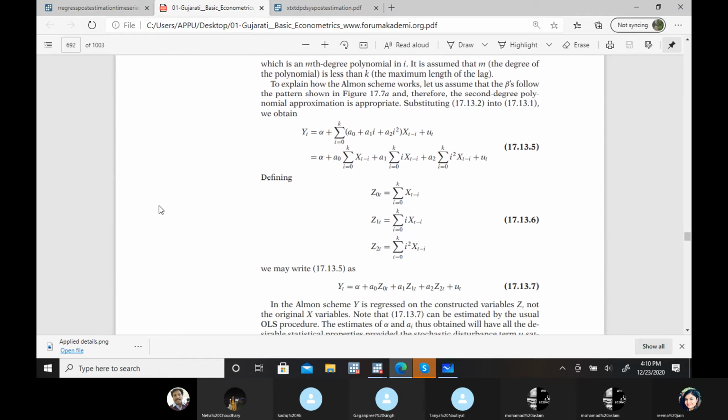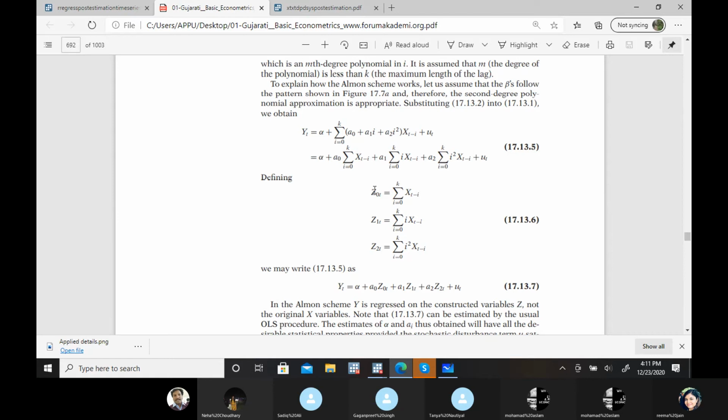First, from the AIC, BIC criteria and R-square criteria, we selected a lag length till xt minus 3, and we are satisfied with the notion that the lag impact is of this quadratic form, so we have to take this particular part into consideration.